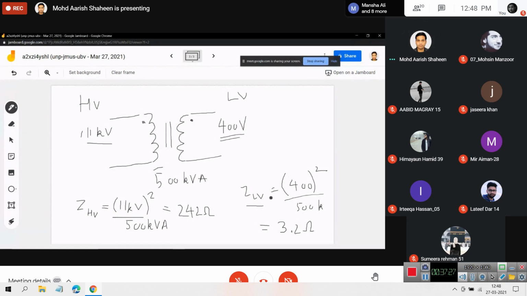Once we make these transformations, if we plug in this base value of power, this is the base value of impedance. How do you calculate the base value of current? Typically we don't use it, but we can always calculate it. It is given by this equation. Base value of current is equal to three-phase base value of power.